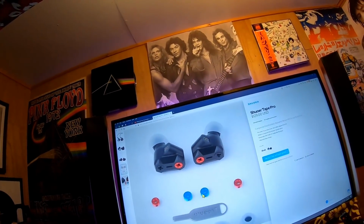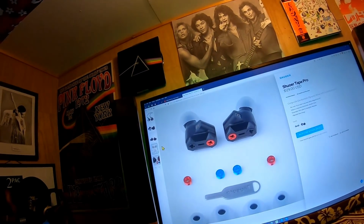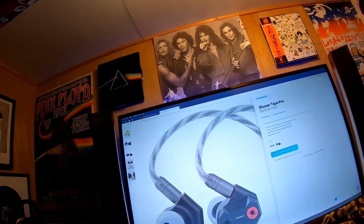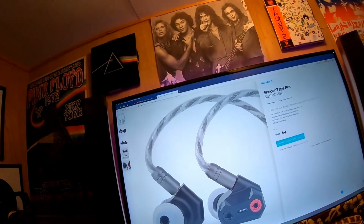So it comes with a tool where you can remove this and switch them, and then you can increase the bass. I'll go ahead and graph that. The cable that comes with this, I guess they're not showing it in its full glory. Let me go ahead and,